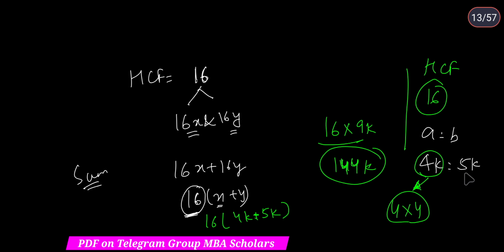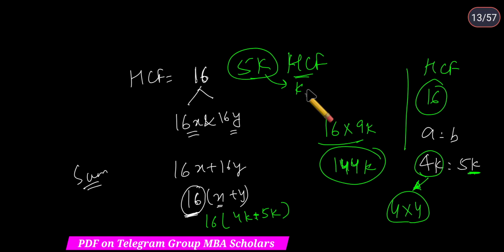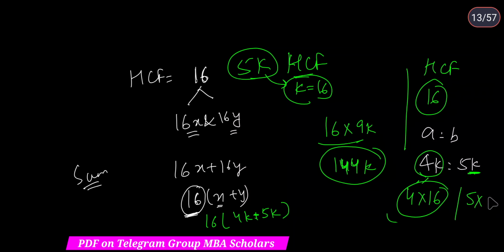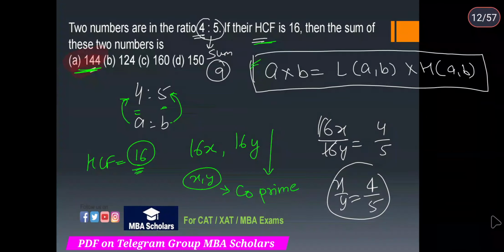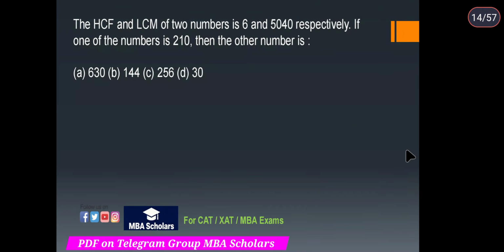आई होप इट इज़ क्लियर, राइट। अब 5 में तो देखो 16 नहीं है, पंगा ये है कि 5 में 16 बाई 5 के है ना। तो अगर मुझे SCF को 16 करना है, जस्ट ट्राई टू अंडरस्टैंड, k हैज़ टू बी मल्टीपल ऑफ 16, भाई k को मल्टीपल होना पड़ेगा। आई बिलीव इट इज़ क्लियर, दैट्स वाई आई कैन से कि यहाँ पर जो k का वैल्यू है वो कम से कम आपको 16 रखना पड़ेगा। तो 4 इंटू 16 पहला नंबर आ जाएगा और दूसरा नंबर आ जाएगा 5 इंटू 16। सो दैट इज़ 64 प्लस 80, 144, राइट, 144 करेक्ट है। तो बहुत सारे तरीके मैंने आपको सिखा दिए हैं।